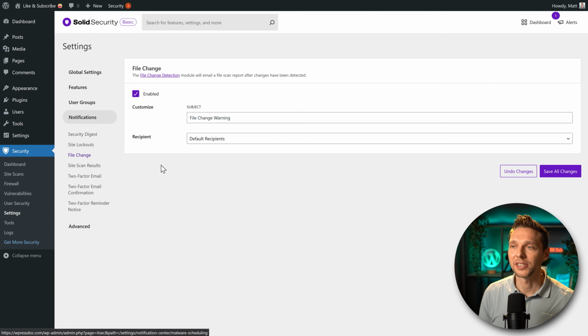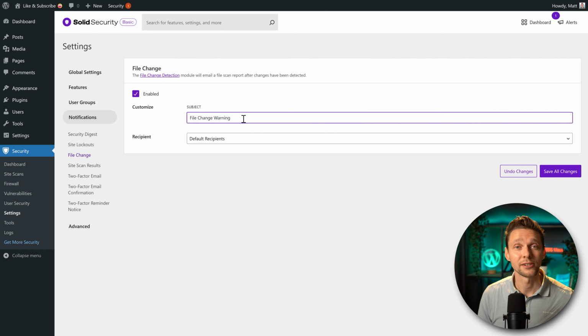Then we go to file changes. Of course, you want to enable this one, because whenever a file changes, you will get an email of the file change warning from your WordPress website. The first email you get is a very big one, saying that thousands of files have been changed. That's not the case. It's just the first time the scan will run, and it will say, hey, you had 0 and now you have, well, just ignore that one. But after that, it's very important to check it regularly in case your security has been compromised in some other way.